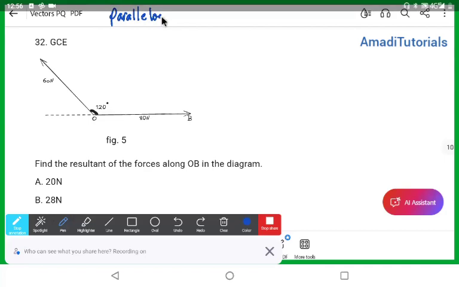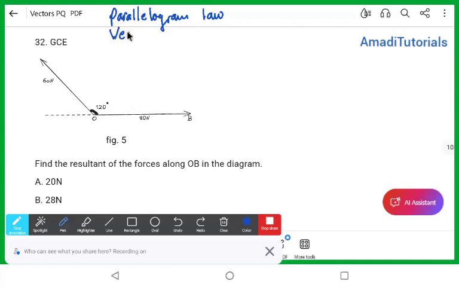Or we use vector resolution to solve this. And if you ask me, the better one to use is vector resolution. But I'm going to do the two so that you understand both. So first, let me use